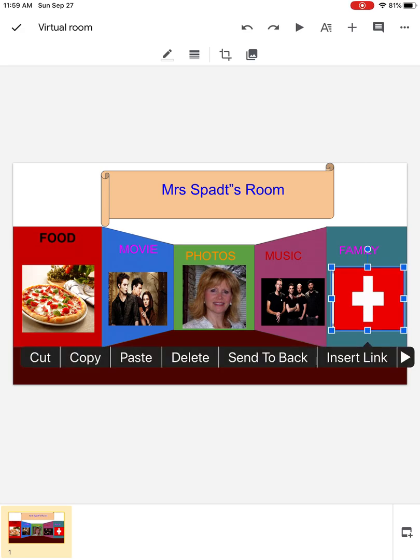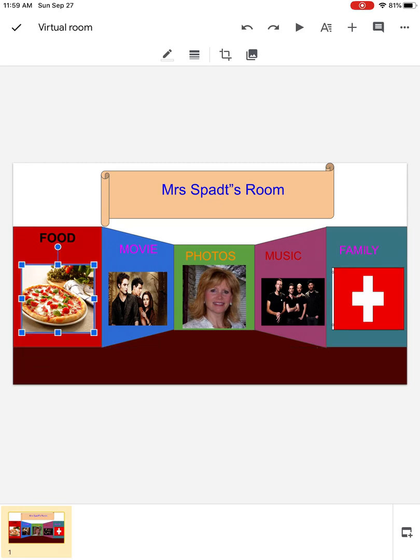Okay, now for the fun part. We are going to make all of these pictures in this room a hyperlink. So a hyperlink means that when you click on it, when you are in present mode in Google Slides, it will act as a link and take you somewhere on the internet. So I have to figure out where I want to go when I click on this first picture of the pizza. So my favorite pizza in the whole wide world is at the Jersey Shore, and it's called